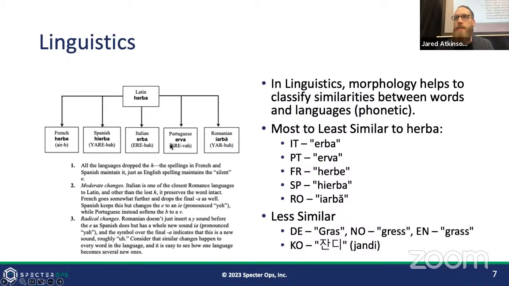So a B is like a voiced or non-voiced consonant. And then you have a V, which is voiced. They're essentially the same consonant; the way that you push out the air is just different, right? And so the idea is that you can actually start to analyze and say which of these words is more